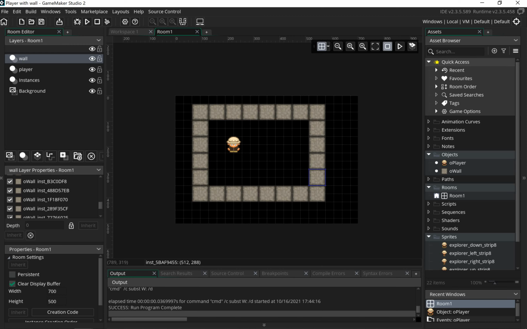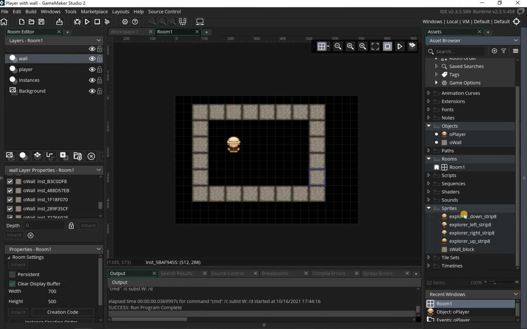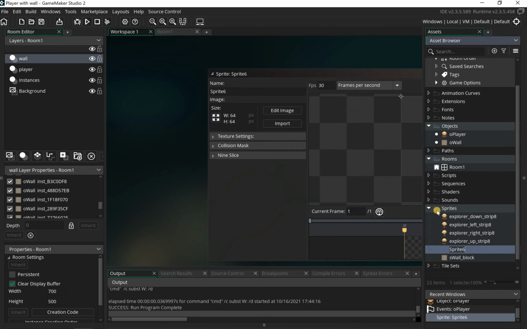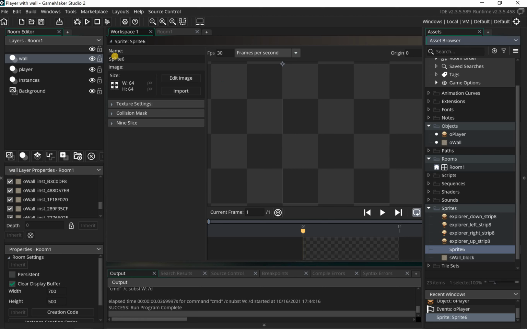So the first thing we're going to do is import a new sprite. Now the sprite is available on the website above, so if you need to, right click and save these. There's around about 4 or so images you need to save into a folder. I'm going to right click on the sprites, go to create, and then I'm going to click on sprite. Once we've done that, we're going to call this sprite S wall broken, and what we're going to do then